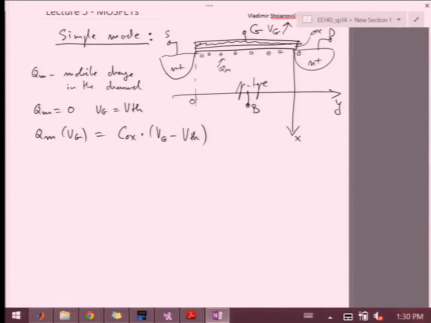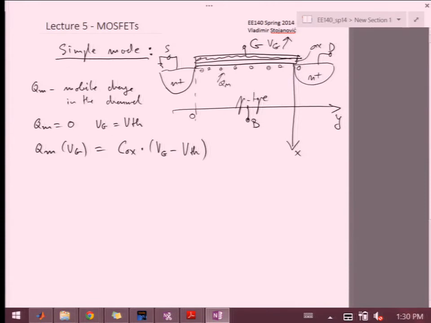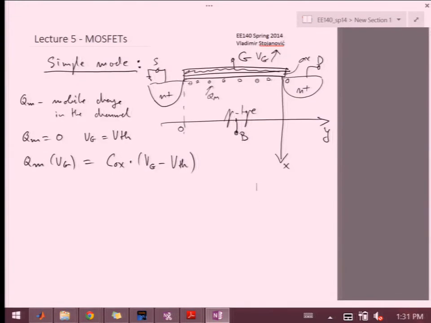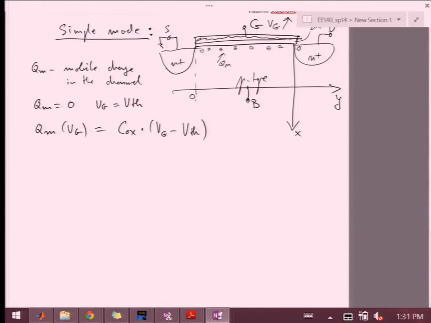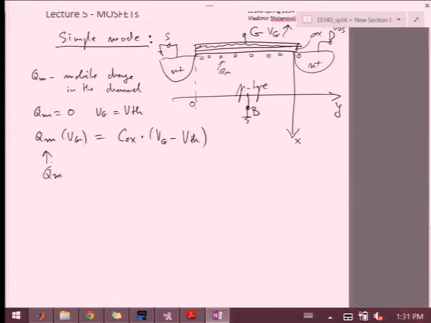So let's see what happens here. I'll ground the source terminal, and then I'll apply some voltage VDS on the drain terminal. And I'll also ground the body just for now, so that I don't confuse things too much further. So in this situation, I can write the equation for the mobile charge as a function of the coordinate where